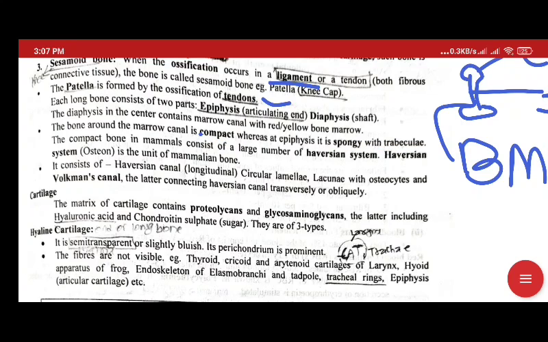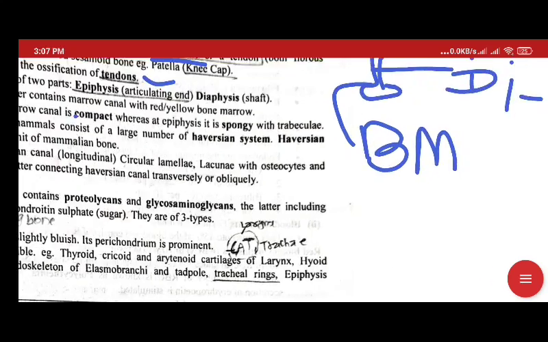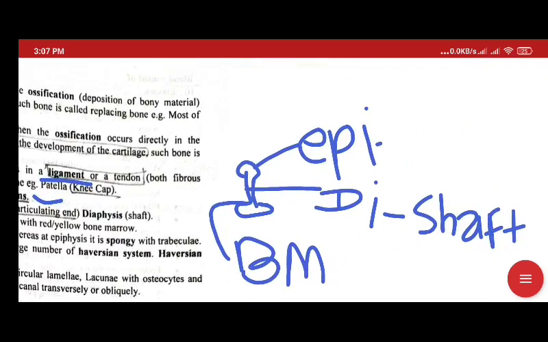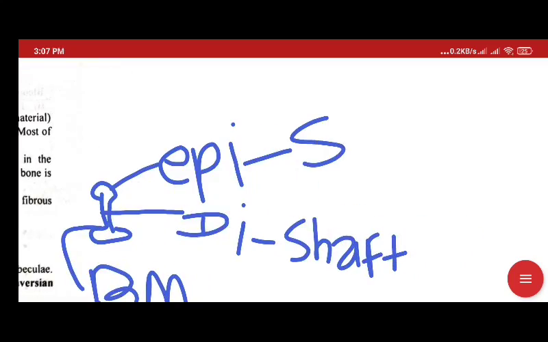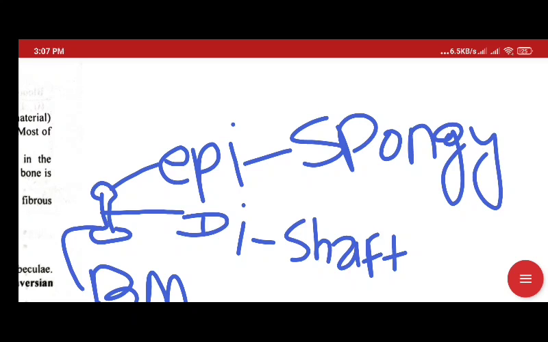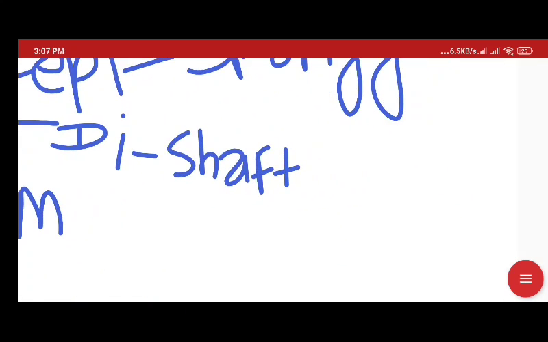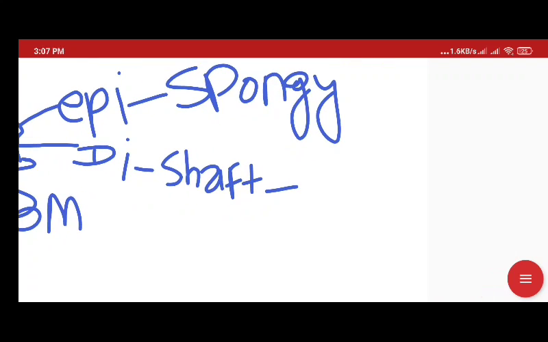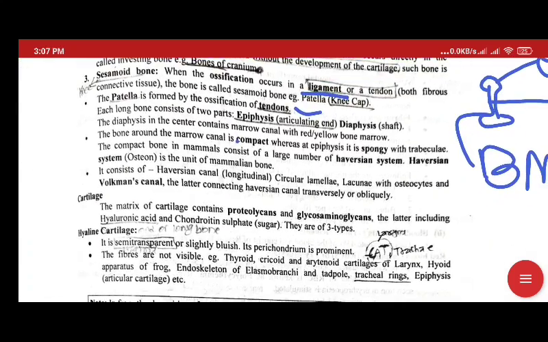Now this part, epiphysis, is what? Spongy, means soft. And shaft is what? Compact or hard. This is the case, student. Now let's move on to